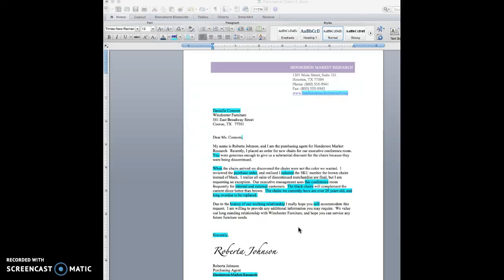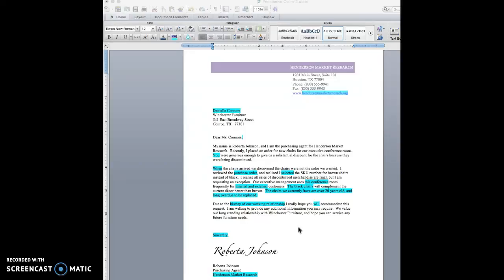I'm going to talk to you today a little bit about how to peer review a piece of correspondence and the sorts of things that I would discuss or comment on were I completing a peer review. This is a letter, the Persuasive Claim letter that was written a few semesters ago, and